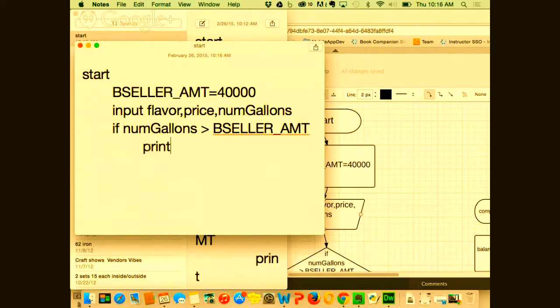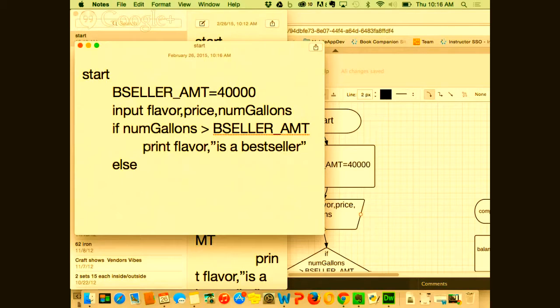Okay, print. Okay, print flavor and is, so then we would say is a best seller. Else, so my else needs to be lined up there.